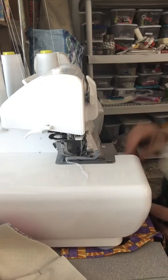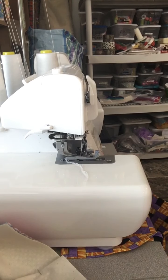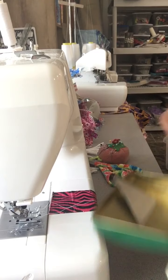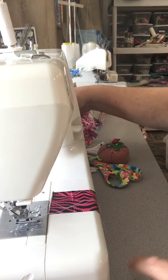Alright, so there is one small little part that I do with my sewing machine. And that's where I make my little sliders for my